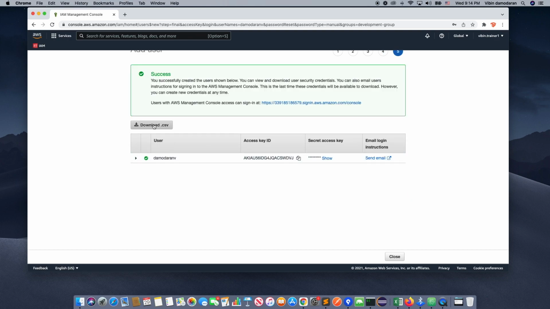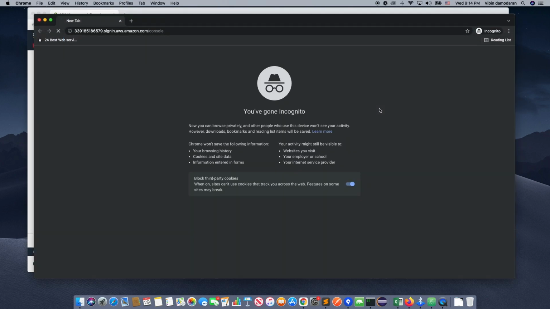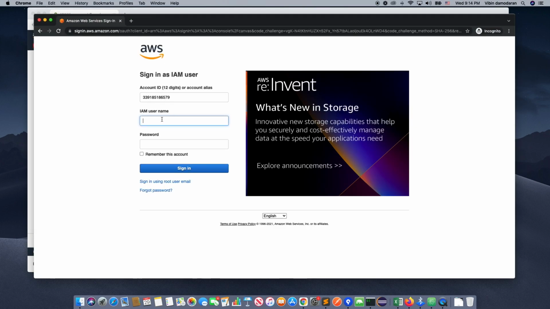This is a trick. You need to download the CSV file. The CSV file will have the access key and secret key, which will be shown only once, right? So you need to make sure you have access to this key if you want to use it to connect to the S3 bucket programmatically, right? And this is another URL. This is the URL you will be sending to the particular user. The username was this,